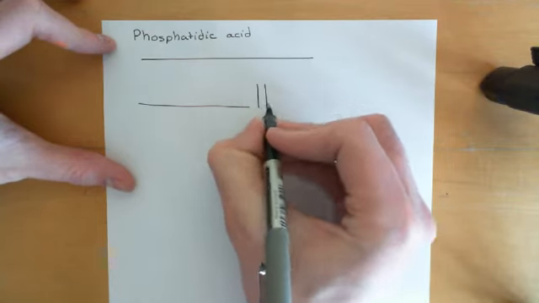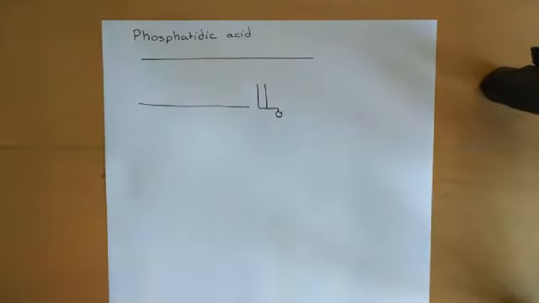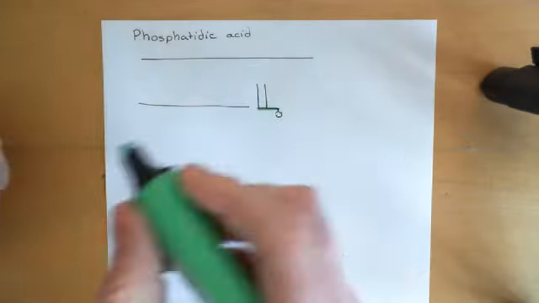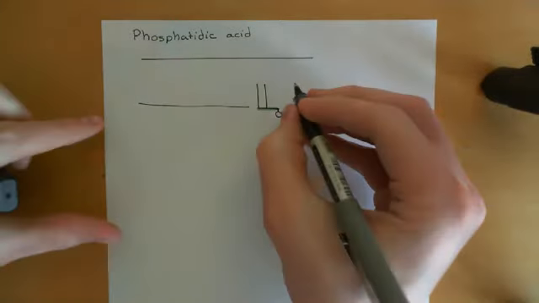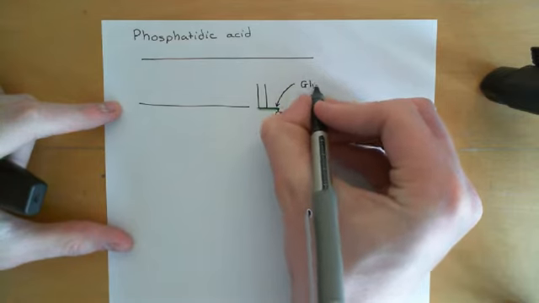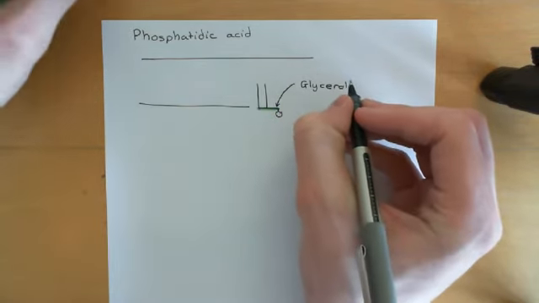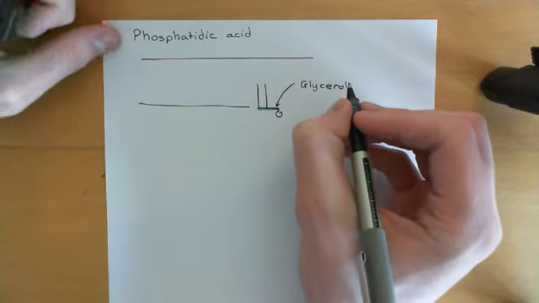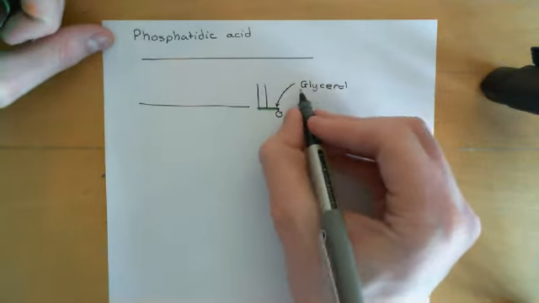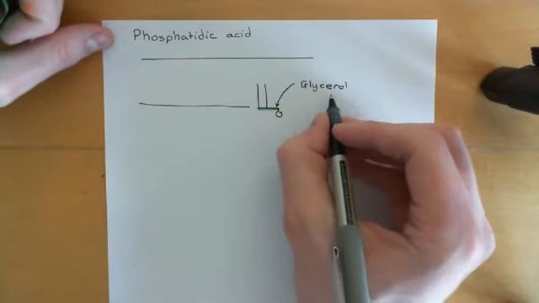So I'll just draw the cartoon and then I'll explain the different portions of it. Okay, right. So we'll start with this horizontal line that I've now coloured in green. This represents a glycerol molecule. So basically, phosphatidic acid is the basis for a whole bunch of phospholipid molecules that are in the phospholipid bilayer. And it's based on a glycerol molecule, so it's one of these phospholipids that is based on the structure